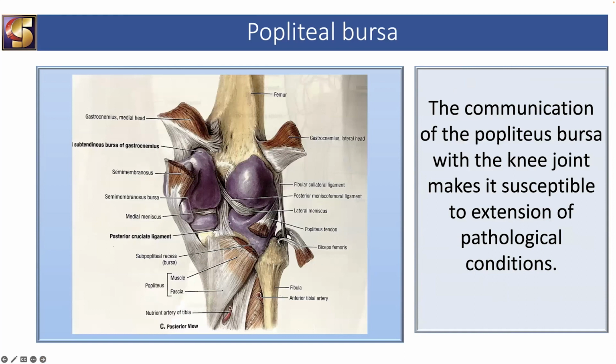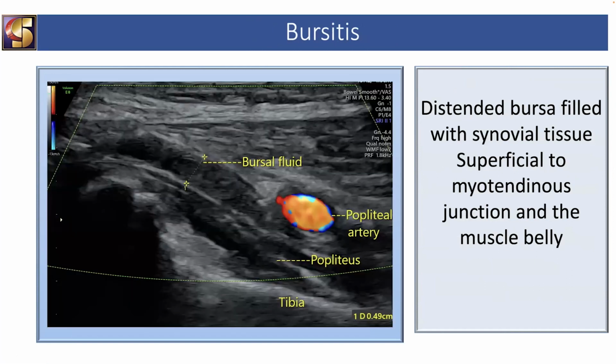So this is the position for the evaluation of the popliteal bursa, just adjacent to the belly of this popliteus muscle. So in this case, we can see a longitudinal collection of the hypoechoic area with soft tissue in it. Here, the synovial tissue was thickened, and it was superficial to the myotendinous junction and extending superficial to the belly